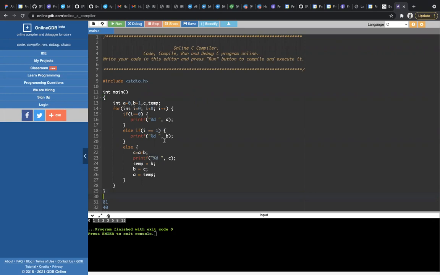When i is equal to 0, when the first time we are entering the loop, how many statements will get executed? One statement. Okay, because only this if statement will execute, right? So it will never go to this else if and else part.